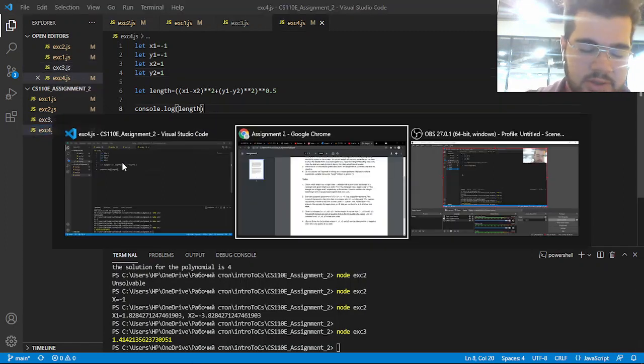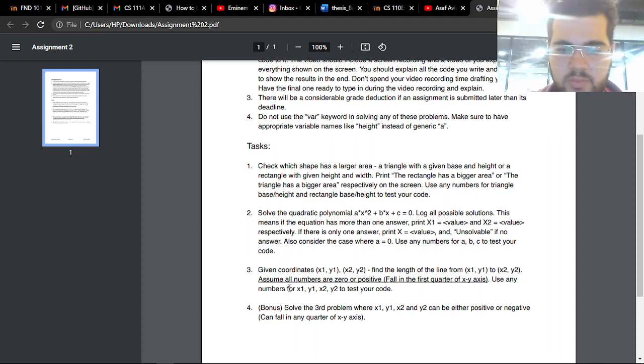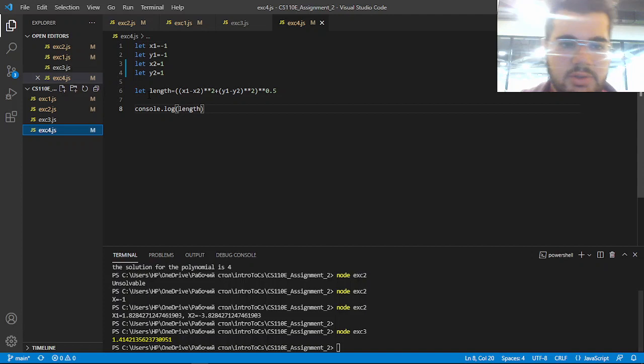In the next task, we had to solve the same problem, only where the coordinates of the points can be either positive or negative. Personally, I wrote the same solution because this formula works for all points on the Cartesian plane. So if we take x1 and y1 as minus 1, so we take the point minus 1, minus 1, and the point x2, y2 as minus 2 and 1, the length of the line between them will be